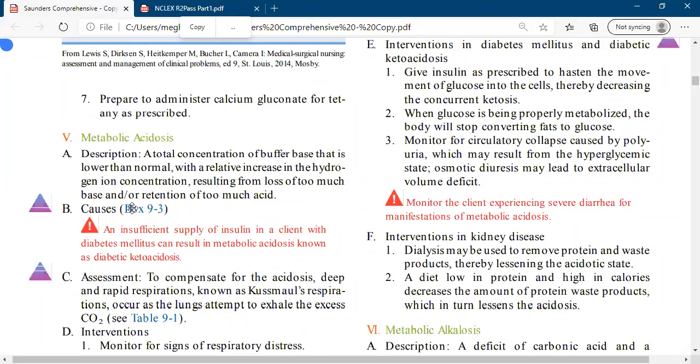Sometimes I say that if the kidney is involved, it also causes metabolic acidosis. Kidney is not related to the lungs. Kidney is related to our GI, fluid loss, and electrolyte loss. So it is a metabolic change,